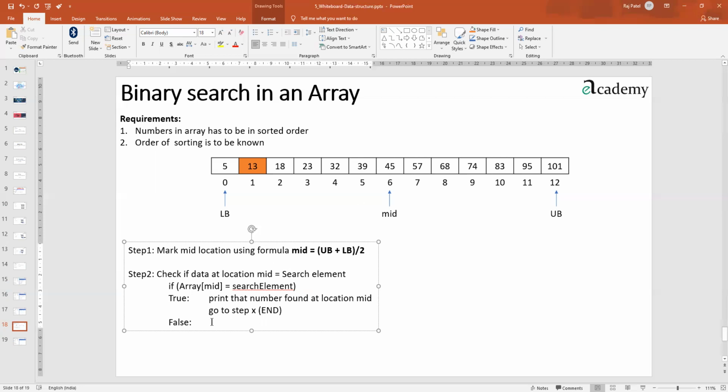So let me write here: if false, you have to check if array of mid is greater than, it cannot be equal, so I'm not writing greater than or equal to, I'm just writing, is it greater than the search element.